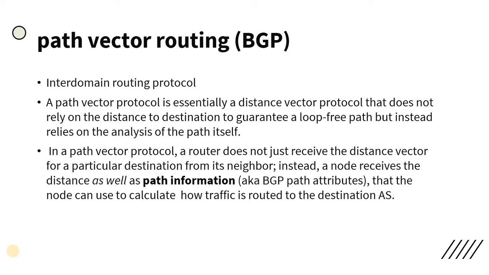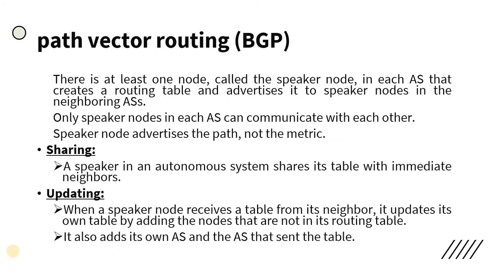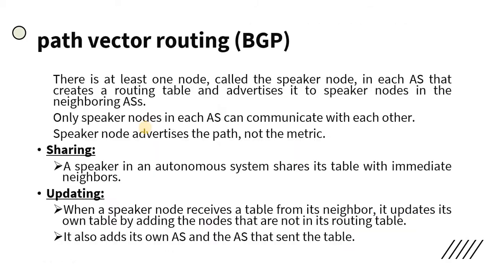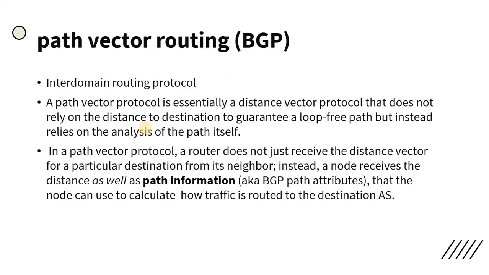In today's lecture, we are going to learn about the path vector routing algorithm. It is an inter-domain routing protocol. Inter-domain means that multiple systems or multiple autonomous systems are there, and routing between those different routing systems is called inter-domain routing. Suppose these are autonomous systems 1, 2, 3 and 4, and communication or routing between these four different autonomous systems is called inter-domain routing. So this protocol is just for inter-domain routing.